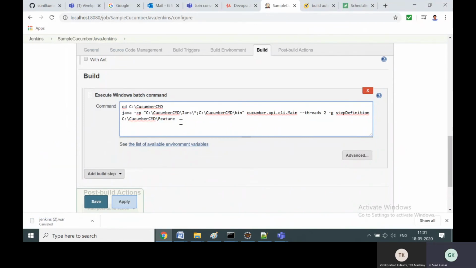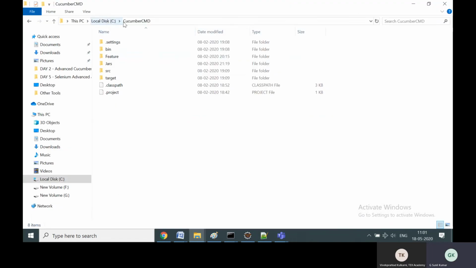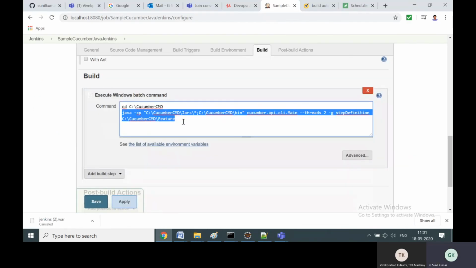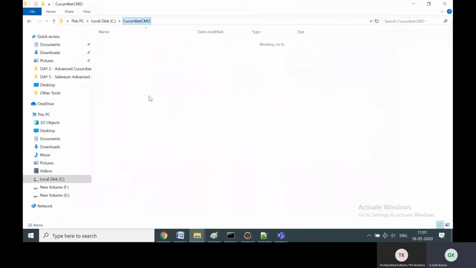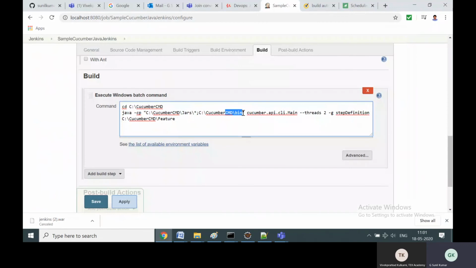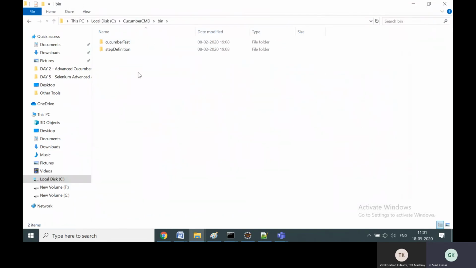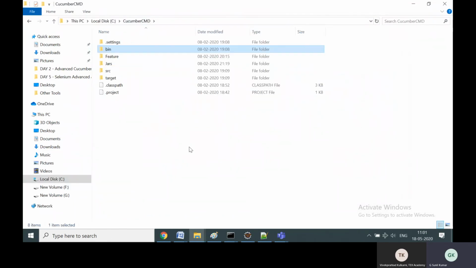It's very simple. As I told you before, all this command is doing is navigating to C:\cucumber\cmd, where our project should reside, and our Windows batch command is going to execute Java -cp, and it's going to point to all the jars present. I have kept the jars here, Cucumber CMD jars, and the bin folder is also there, with all the compiled class files.